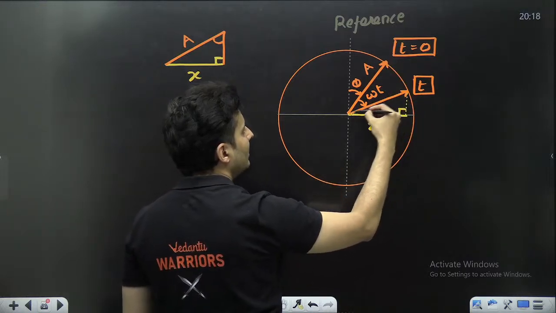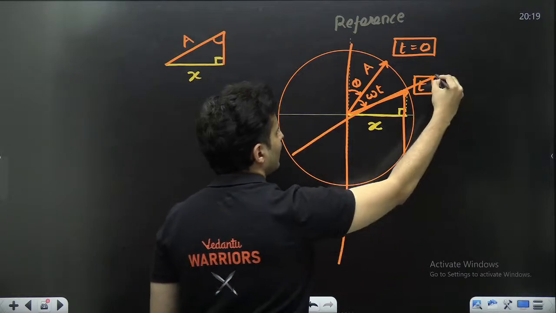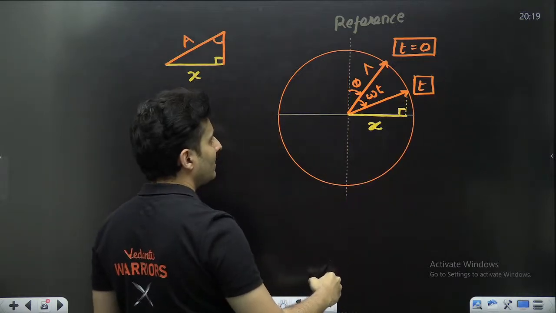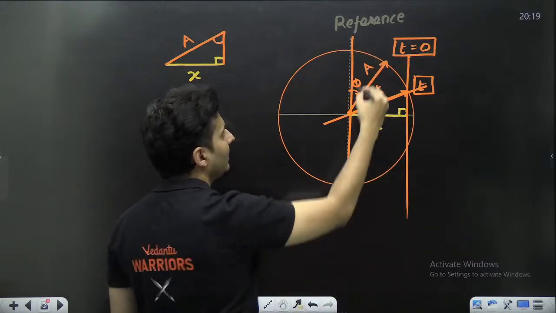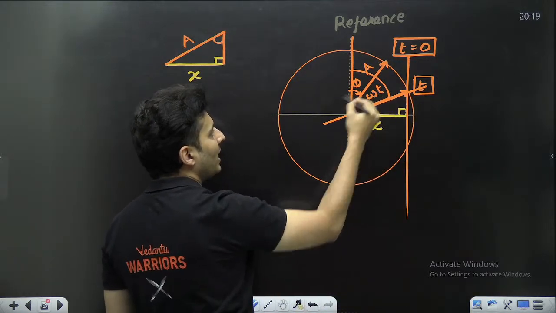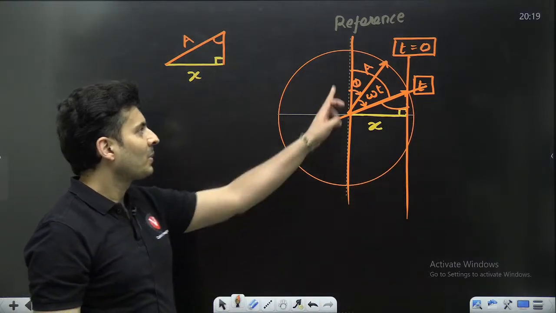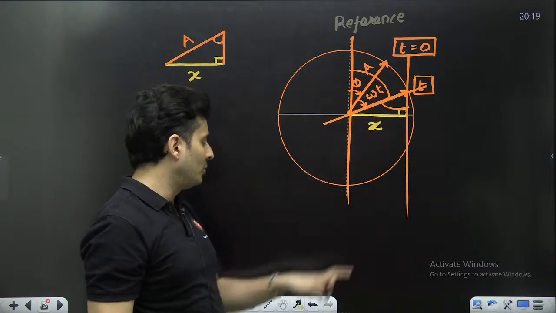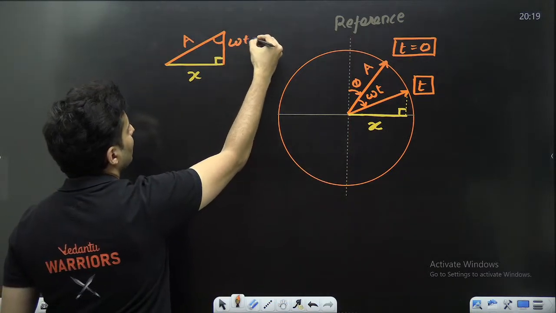What is this angle going to be? You can see two parallel lines. You can see one intercept. I hope you can see that. Yes, this is one intercept, one parallel line, one parallel line. This total angle is omega t plus phi. Even this angle must be omega t plus phi. This is omega t plus phi. This is also omega t plus phi. That's what you should be able to see.